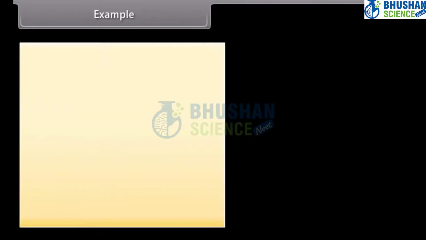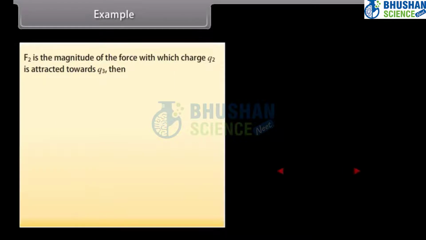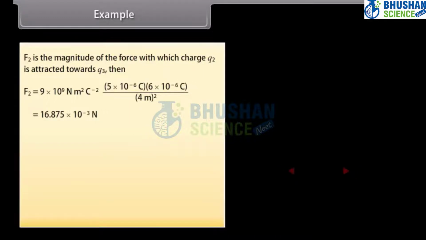0.045 Newton. F2 is the magnitude of the force with which charge Q2 is attracted towards Q3. Put the values in the above equation. We get F2 = 16.875 × 10^-3 Newton, which is equal to